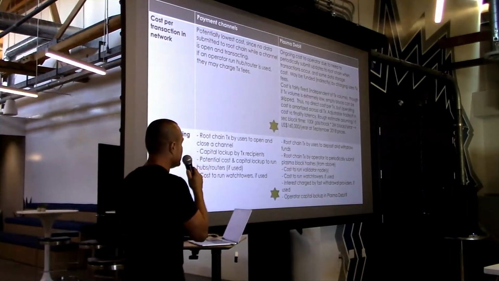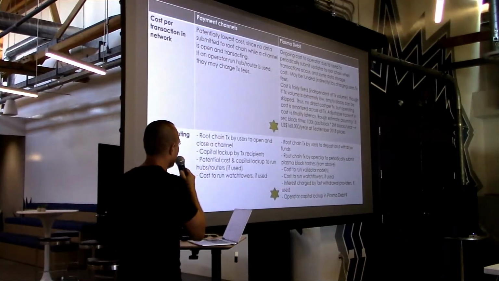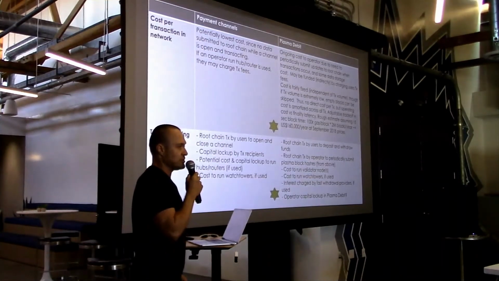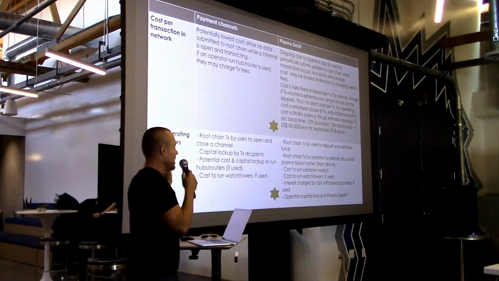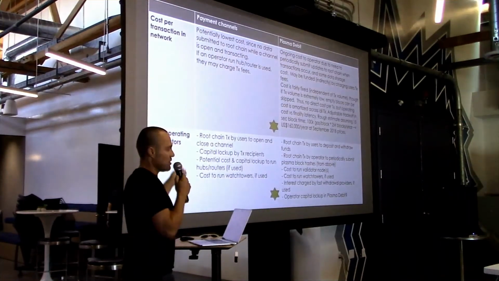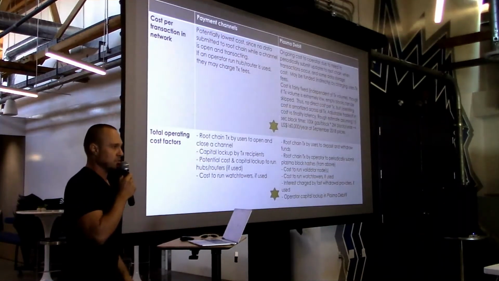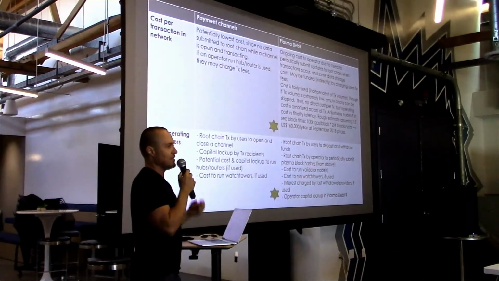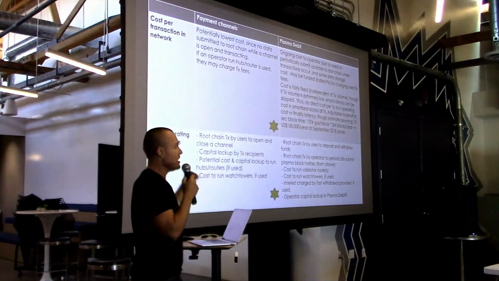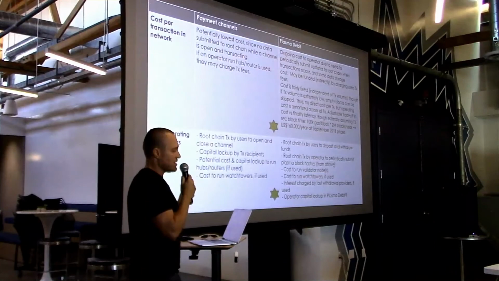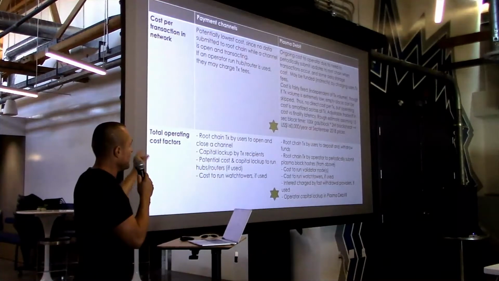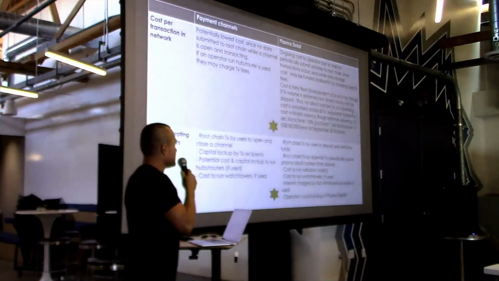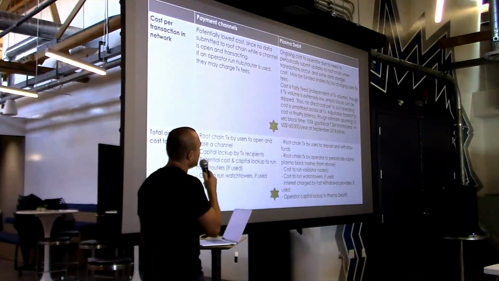Okay, cost per transaction. A payment channel is probably going to be the least expensive, depending on your application. Because there's no data being submitted to the root chain every time there's a transaction, there's no cost per transaction other than what the operator of the hub may charge you for relaying that transaction, if there is one. If it's peer-to-peer, there's no cost. If there's a hub, the hub may charge some small transaction fee, but there's no cost to submit data to the root chain when you're transacting with the payment channel. So potentially cheaper there. Plasma Debit can get pretty expensive to operate.